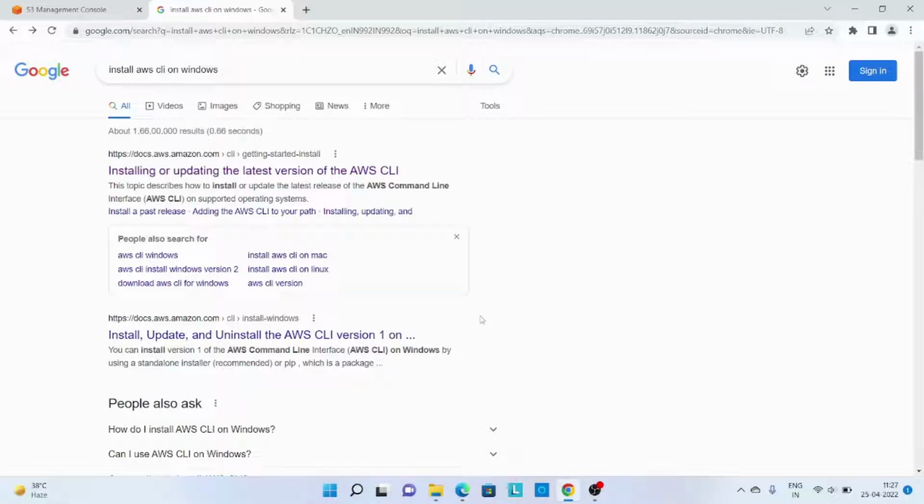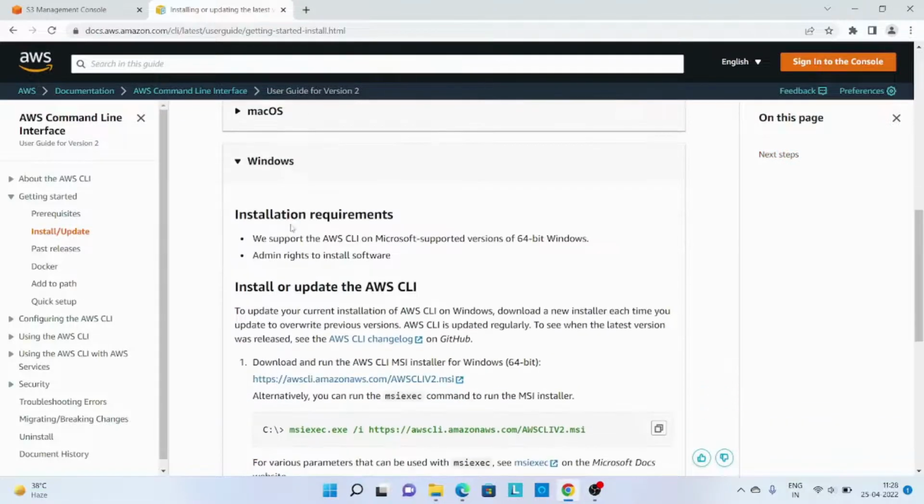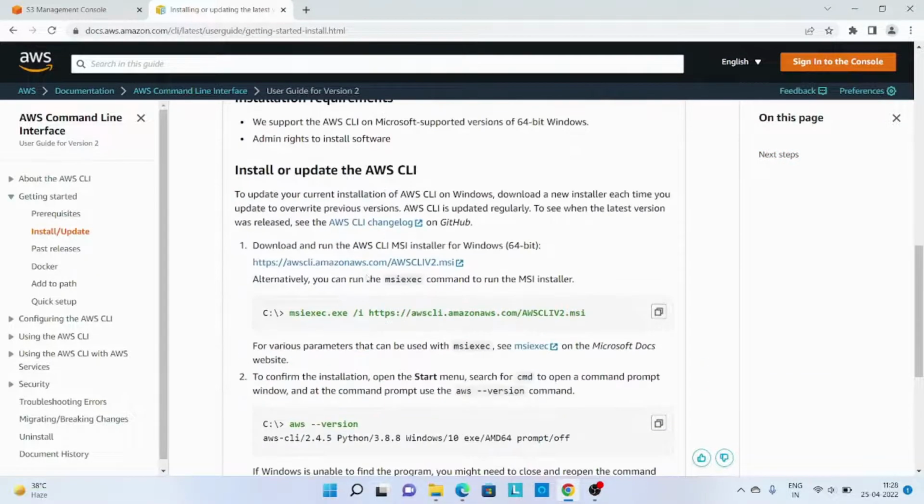In this video, we are going to learn how to install AWS CLI into Windows machines. So for that, just Google install AWS CLI on Windows, and then you will get one particular website from over here, which is docs.aws.amazon.com. And if I go inside this site and then scroll down, you'll get one option to download the installer. Just click on this and download this MSI file.